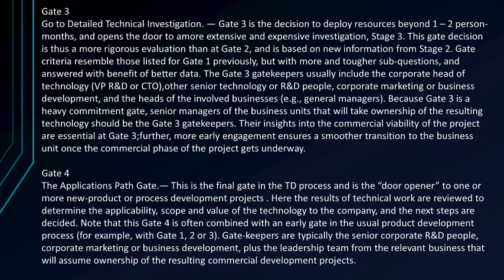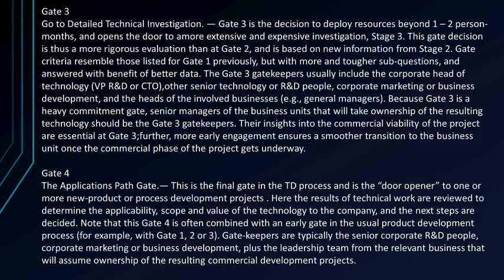Gate 3. Go to detailed technical investigation. Gate 3 is a decision to deploy resources beyond 1 to 2 person months and opens the door to a more extensive and expensive investigation. Stage 3. This gate decision is thus a more rigorous evaluation than at Gate 2 and is based on new information from Stage 2. Gate criteria resemble those listed for Gate 1 previously, but with more and tougher sub-questions and answered with benefit of